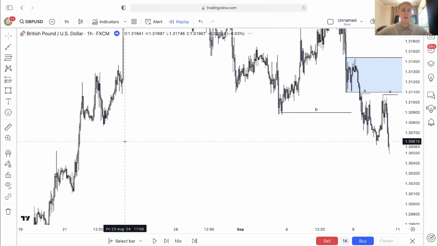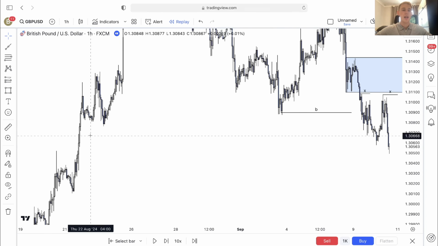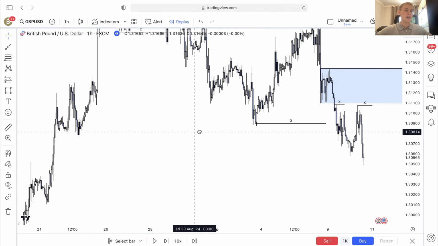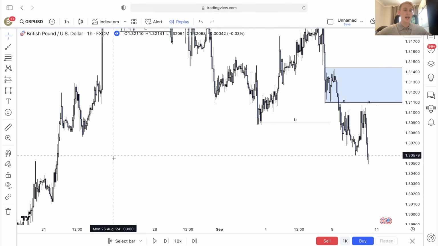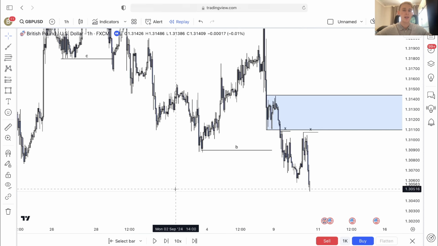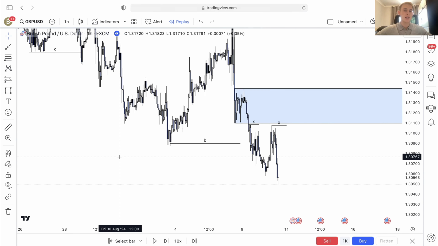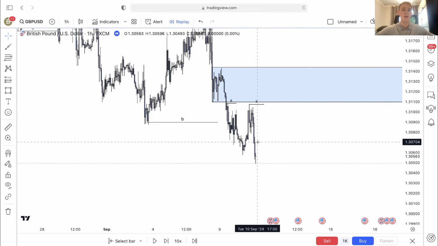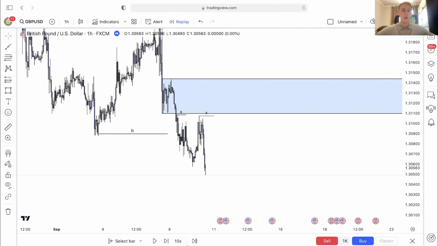If we look to the left as well, we can see price isn't really reacting from anything. We're just sort of in this random area. So again, we have to ask ourselves, is it likely price is going to reverse here and end this downtrend? Probably not, because it has not taken any higher time frame liquidity and it hasn't reacted from higher time frame demand either. So once price came into this area of supply,